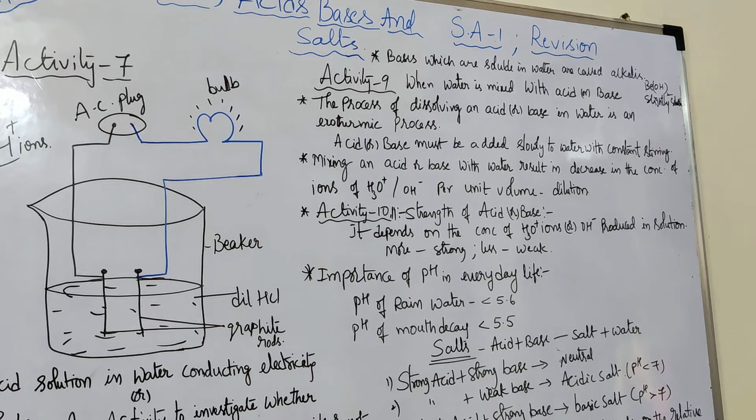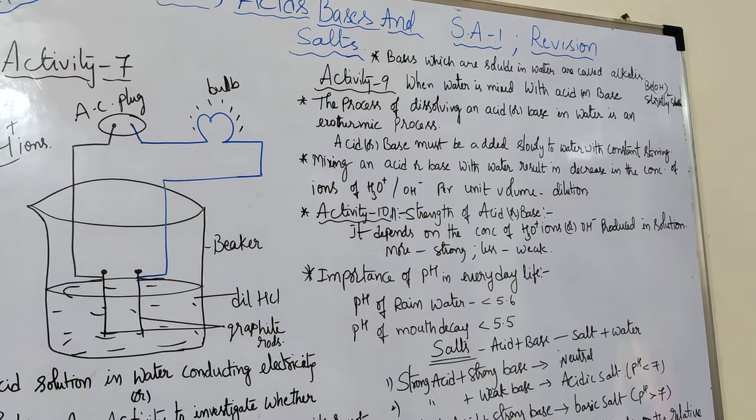Now take glucose water and follow the same procedure, and find out whether the bulb is glowing or not. If the bulb glows, then it contains ions, but in sugar water or the alcohol solution the bulb does not glow, because the solution does not contain any ions, or dissociation does not take place. Next, do the same for different solutions, and each time find out whether the bulb is glowing or not. If the bulb glows, it contains ions. If you take an acid, it should contain H plus ions. If you take a base, it should contain OH minus ions. If the bulb does not glow, then it does not contain any kind of ions.